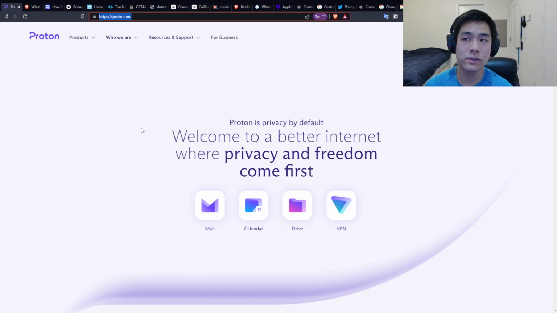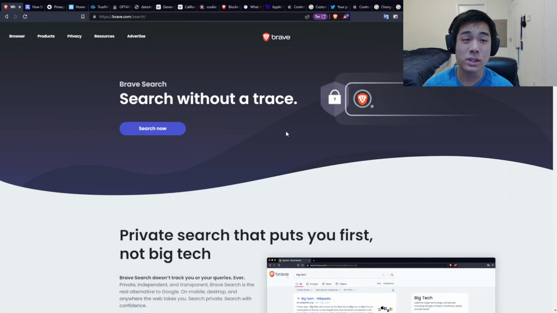There are also services like Proton, where they have a privacy-focused mail client. I actually was on their beta before, and they just recently entered the VPN space as well. But Proton Mail is pretty good. I've seen a lot of journalists who really, really need privacy because they're hiding from government censorship. They use Proton Mail. You can use a privacy-based search engine like Brave Search, which I talked about before, which